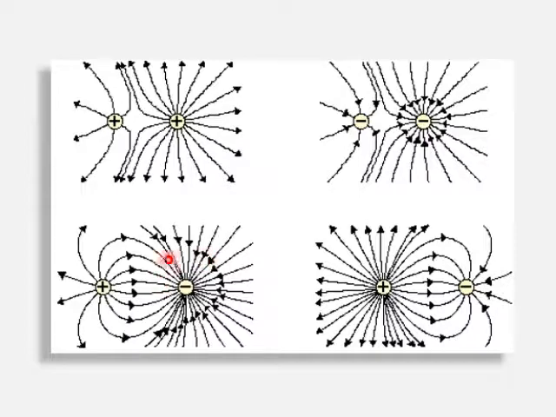And this diagram indicates a system of two opposite charges, but the positive charge is smaller as compared to the negative charge. But you can always represent the electric field of such a system, and that is true here also. Here we have two opposite charges, but the positive charge has more value as compared to the negative charge, and so the field lines are more. So we can represent the electric field of such a system also, where you have two opposite charges that are not equal in magnitude. But we can always represent their electric field with the help of electric field lines.